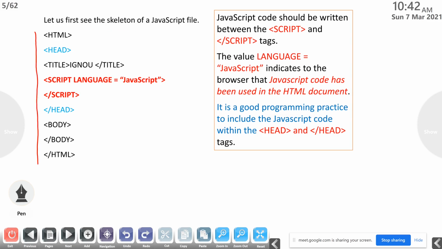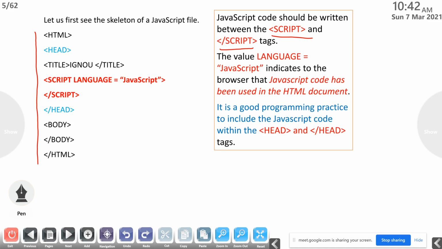First part: HTML, head, title, and this JavaScript code. The JavaScript code is written between the script and /script tags. If you want to write JavaScript, we normally write the JavaScript code in between script and /script.